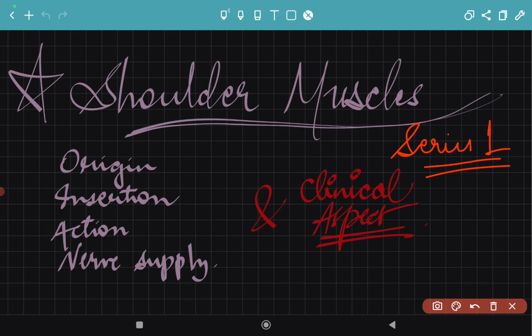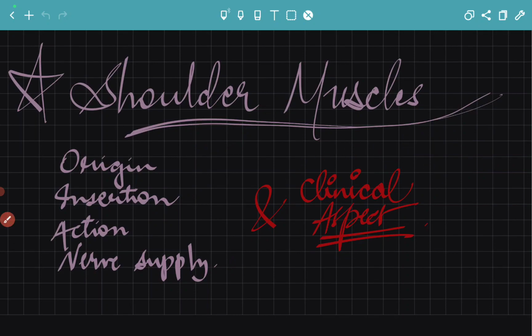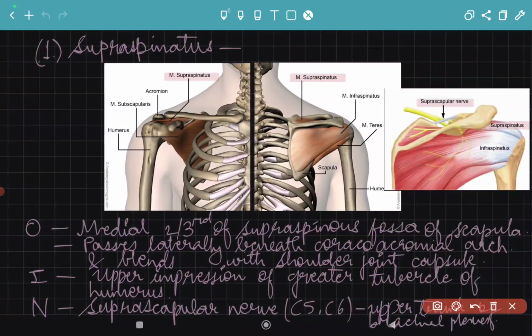So here we will discuss shoulder girdle muscles along with their origin, insertion, action and nerve supply, including the clinical aspect wherever necessary. So in Series 1, we will focus on the supraspinatus muscle, which is a part of the rotator cuff of the shoulder joint. The supraspinatus muscle, as we know, originates from the medial 2/3 of the supraspinous fossa,